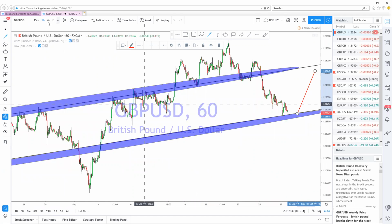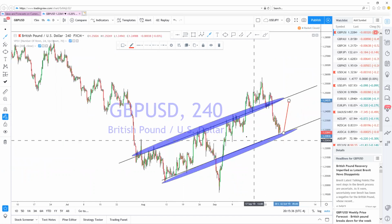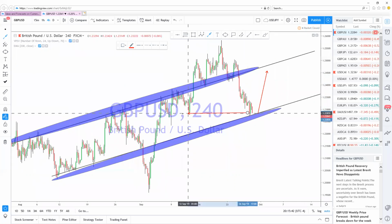I'm actually going to go back to the 4 hours so I can see it a little bit better here. And I'm just going to look. What I want to do is I always want to look left. Anytime you guys are in the market, always look left to see what you have. Why did price